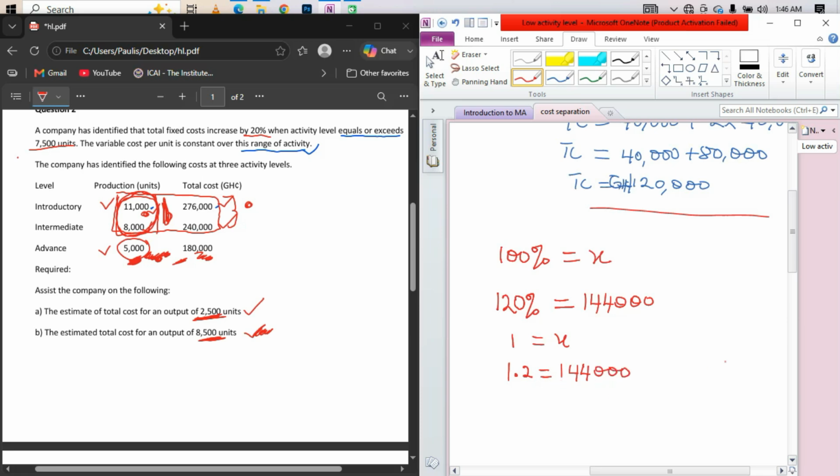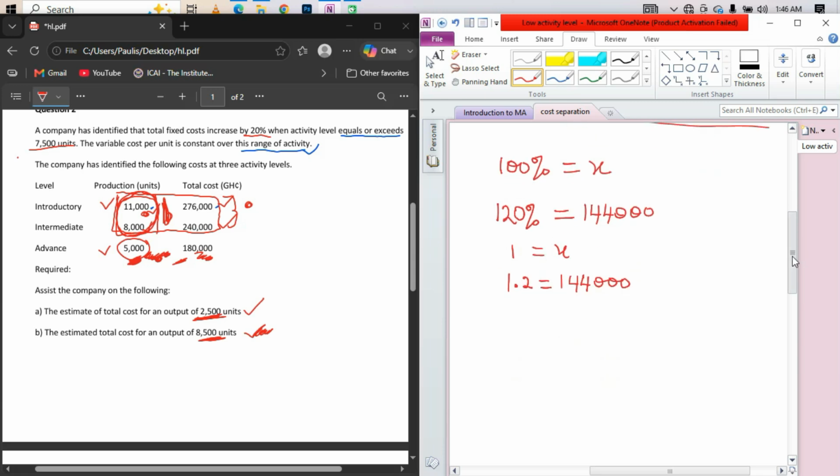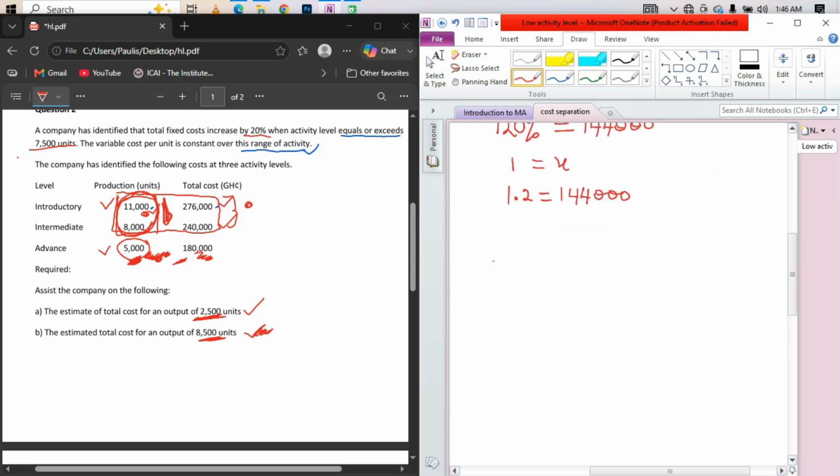So if you cross multiply, we are going to get 1.2S is equal to 144,000. So we divide through by 1.2,